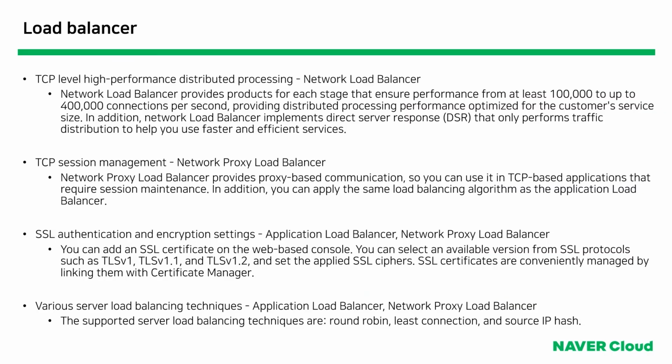Now, let's take a closer look at the features of each load balancer. If your system needs a TCP-level high-performance load balancing feature, which type of load balancer would be suitable? That will be the Network Load Balancer. The Network Load Balancer supports from a minimum of 100,000 to a maximum of 400,000 connections per second. It also implements direct server return, which responds directly to the customer server, so you can use a faster and